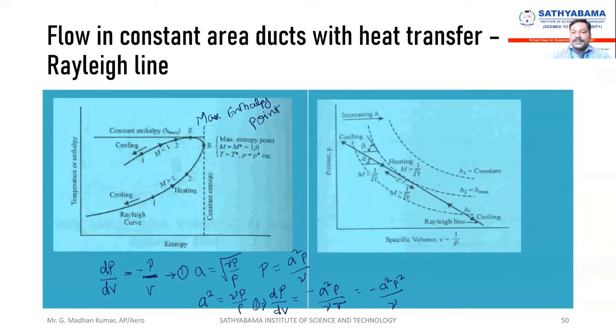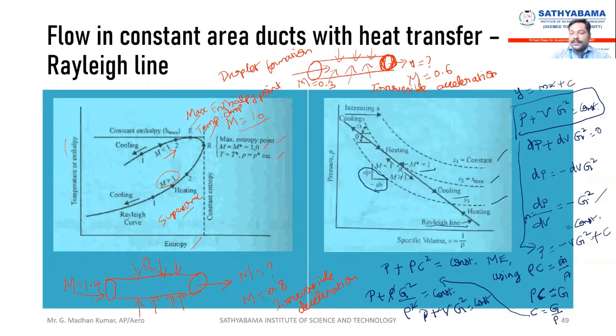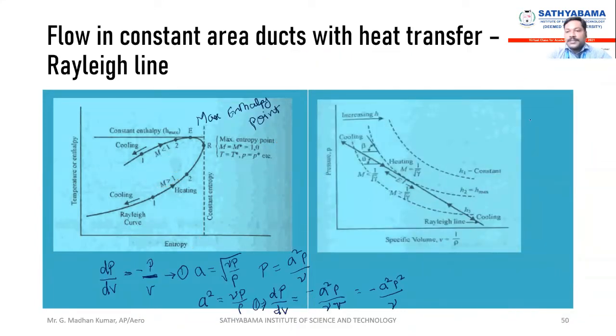But in the previous expression, we have minus of G square, right? According to the previous expression, dP by dV is also minus of G square. What is G? G is nothing but rho C, so rho square C square, correct? Now you are going to convert this C square in terms of Mach number, because we need to estimate the Mach number. So in order to estimate it, minus of rho square, and this C square is replaced by M square A square. That is, flow speed is equal to Mach number multiplied by sound speed, right?